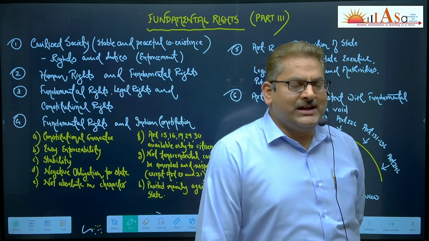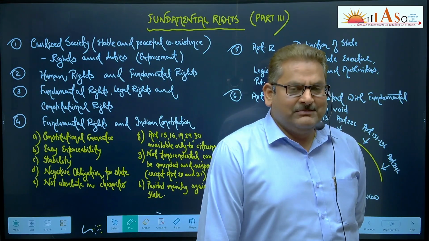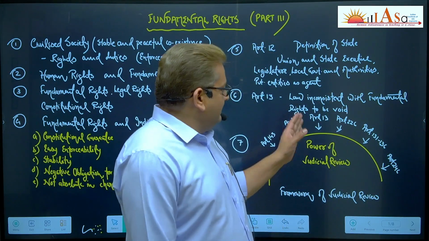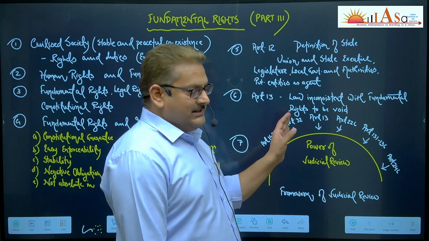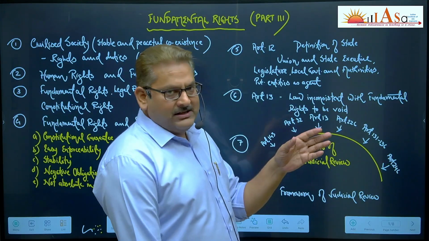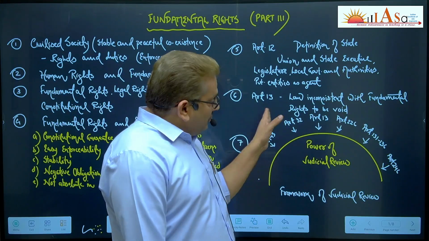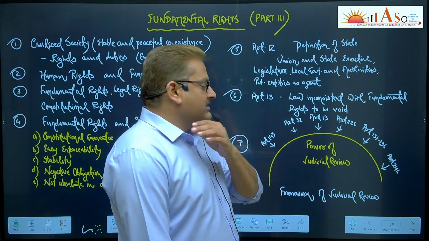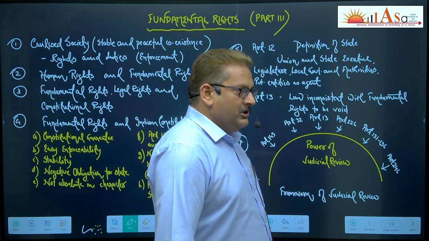The power of judicial review has not been defined explicitly in our Constitution. It is something that you need to draw. For example, Article 13 is the source of the power of judicial review because it clearly says that if there is any kind of violation of fundamental rights, then such laws and administrative action can be declared void. Similarly, there are other articles in the Constitution. These articles also, directly or indirectly, empower the judiciary to declare such laws or administrative action void if found to be violative of fundamental rights.